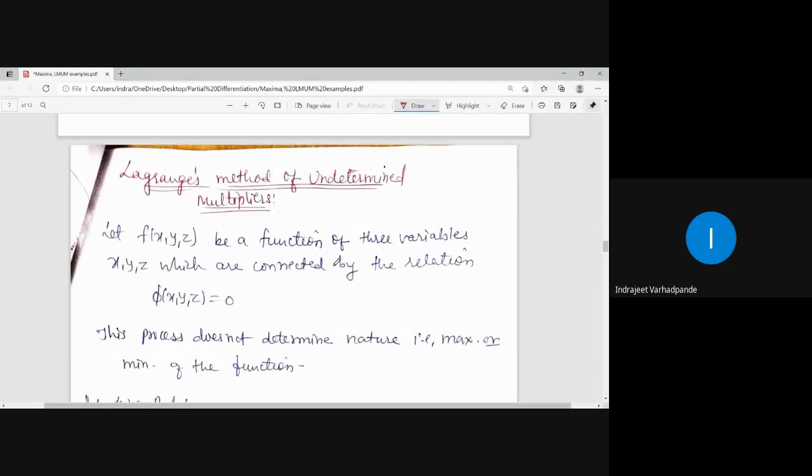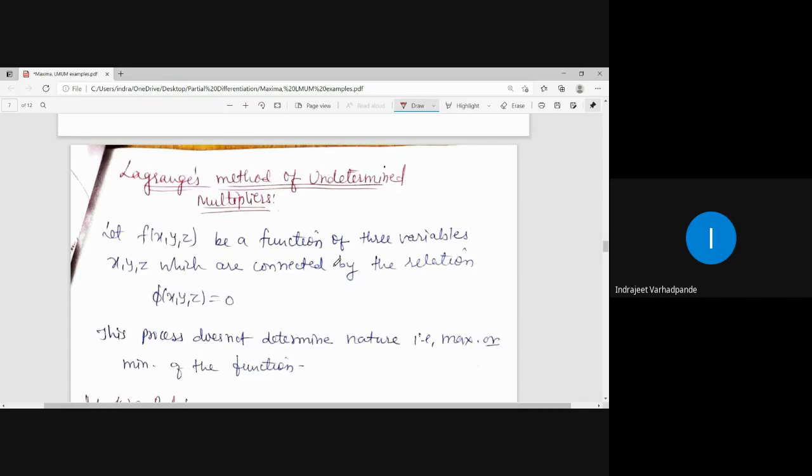and z, three variables, and it is easy for us to convert the third variable into the other two, then we can obviously go for the conditions of maxima and minima, so that we can calculate the values of r, s and t. rt minus s square greater than 0, and depending on the nature of r, we calculate whether the function is going to have a maximum value or a minimum value.